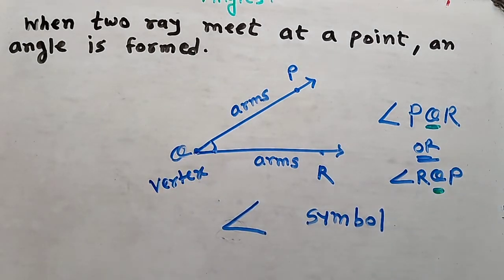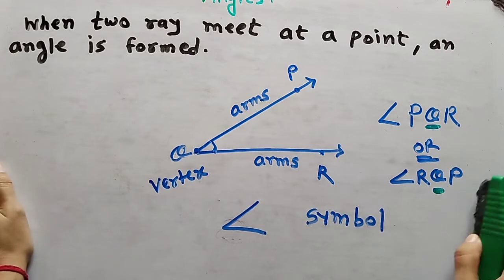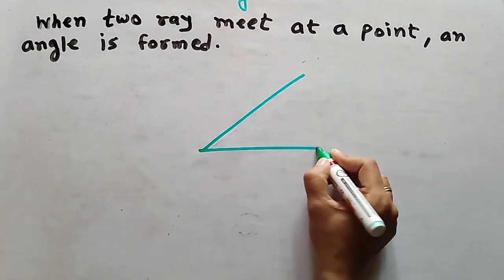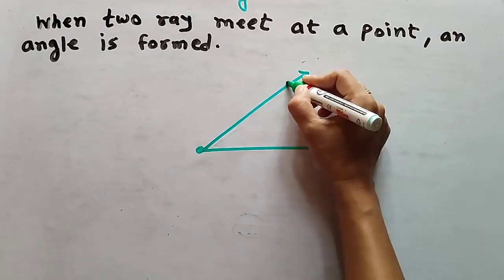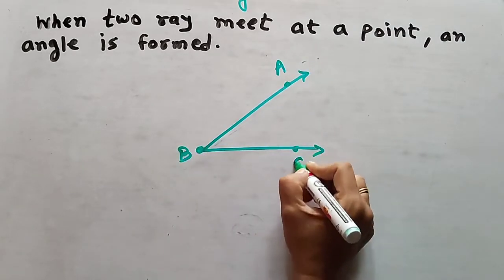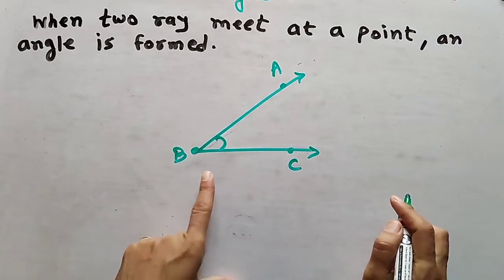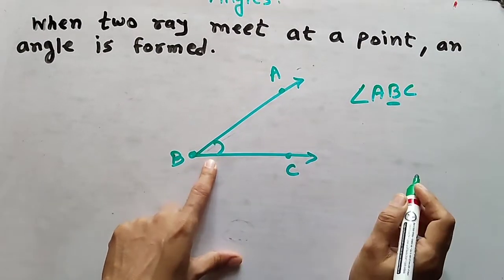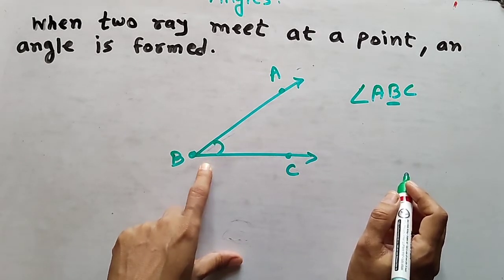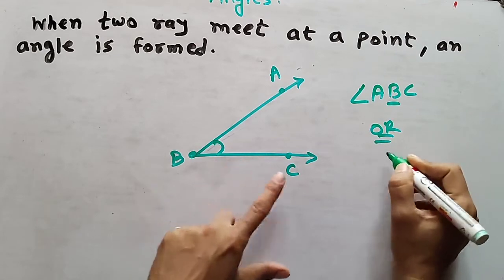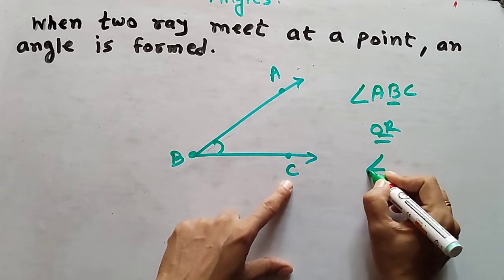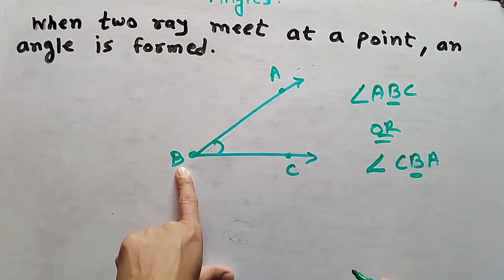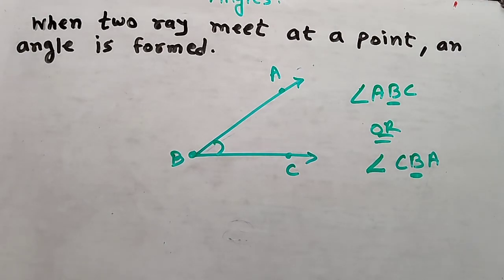So PQR. Suppose your angle is this type of angle. Okay, these are the two rays. We write the name A, B, C. This is the vertex where the angle is formed. So how to write the name? You write angle ABC. See, B is the midpoint because here the angle is formed, this is the vertex. Or how to write it? With this symbol, angle CBA. Again, B is the midpoint. Okay, in this way we write the name of an angle.